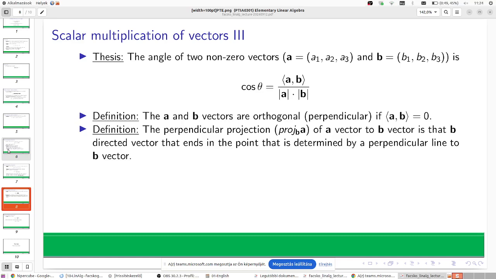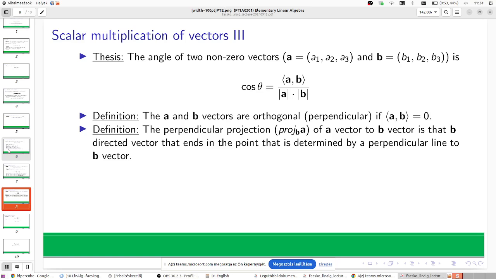I have two equations for the scalar multiplication. One says, okay, A times B is